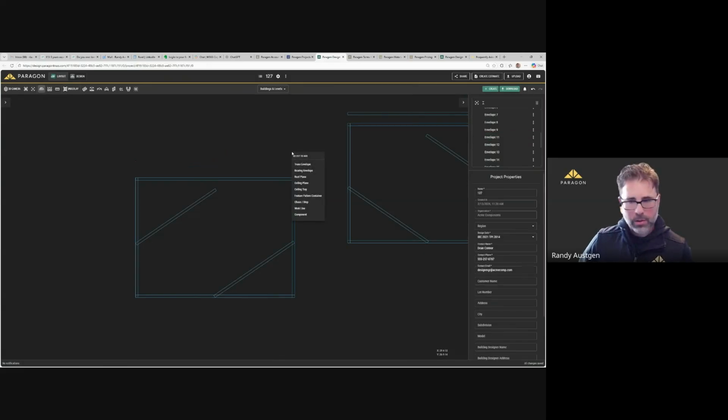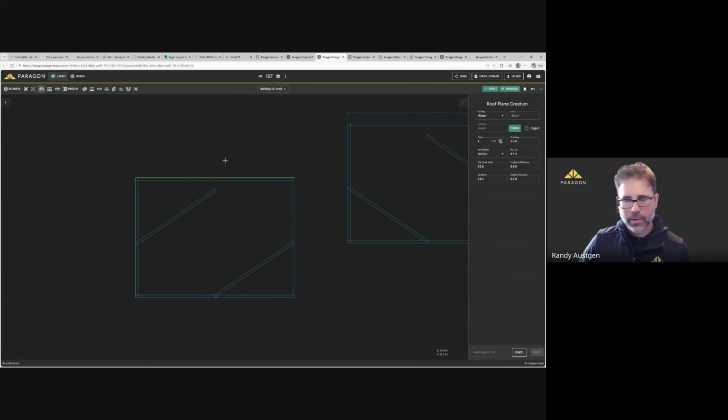All right, so a few things here on the roof planes, heel height versus butt cut. This is one that can be a little bit confusing. We're going to be focusing here on the right side. My preferred is a 6/12 slope, just for demonstration's sake. So we have these different heel methods.